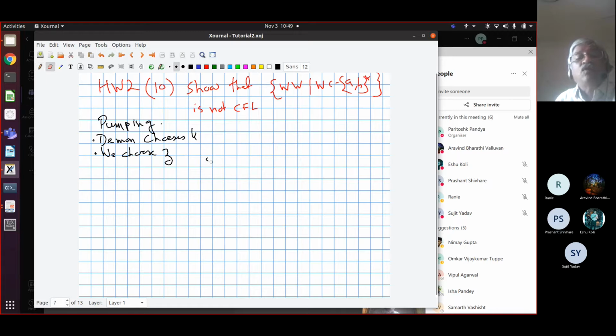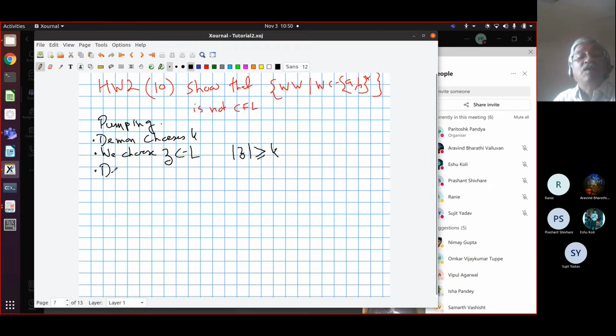No, I think what we do is we just choose Z belonging to the language. And what is the condition on Z? Length of Z should be greater than or equal to K, right? So we choose a long string which we claim is not pumpable. Here we don't play that trick where we give a long word and a long subword. That doesn't work anymore in context-free grammars. We just give a long string in the language which cannot be pumped.